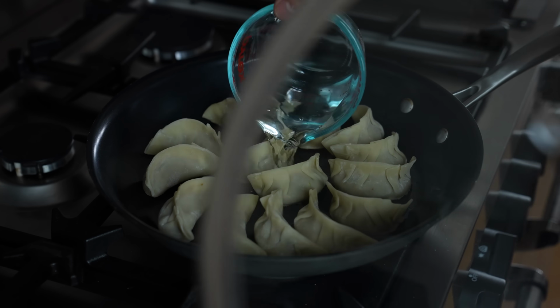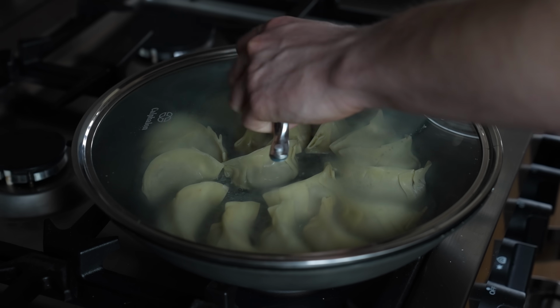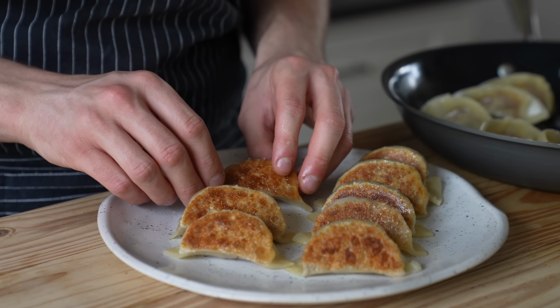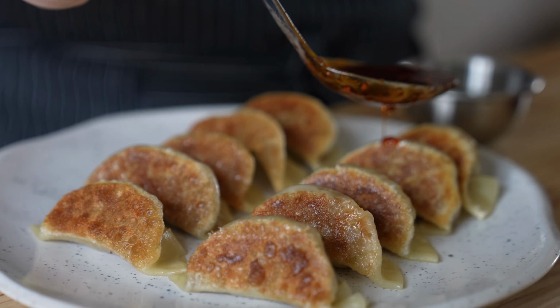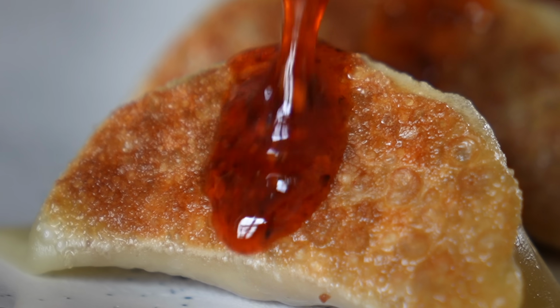Then very quickly add a quarter cup of water to the pan, immediately close the lid and let that steam for 3 minutes. Then remove the lid, and if there's any liquid left, let that simmer till completely gone. Let the gyoza rest for about 1 minute, then carefully remove them from your pan and arrange on a plate, crisp side up. And optionally, but highly recommended, you can absolutely drench these bad boys in your favorite chili oil,